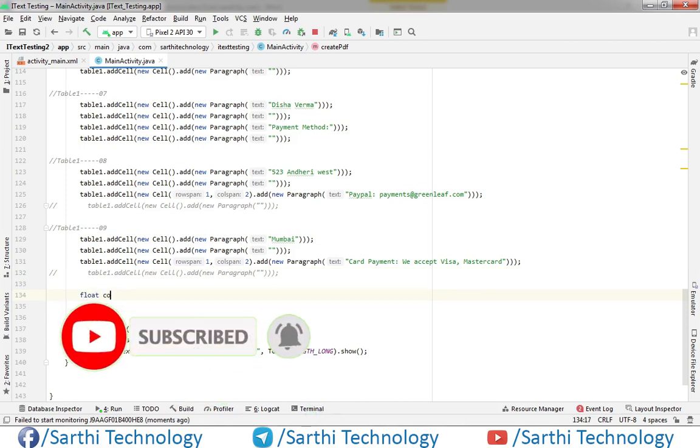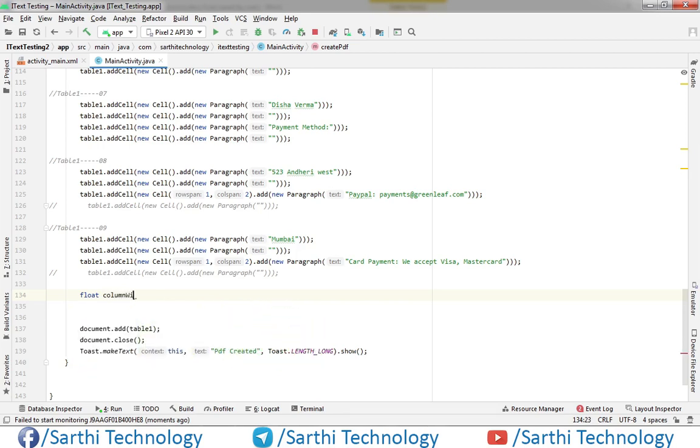Column width 2, and its sizes will be 62, 162.